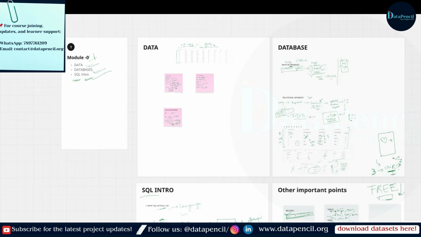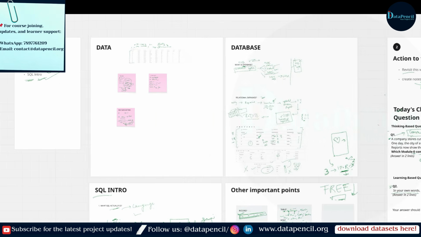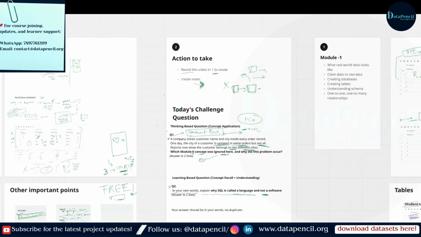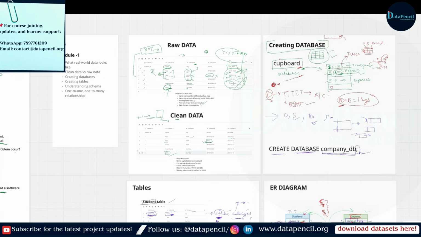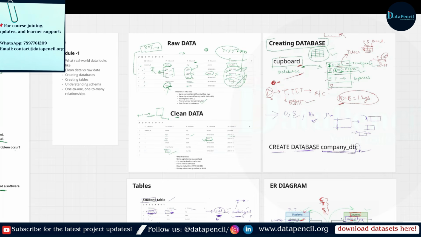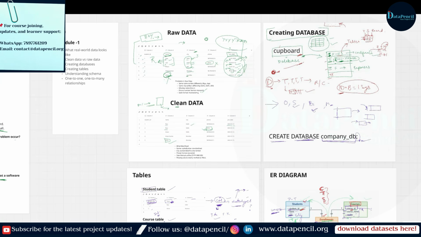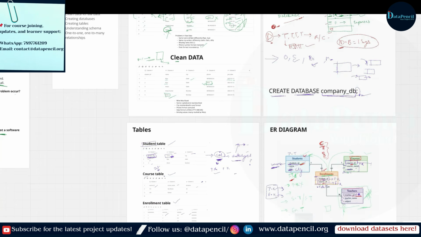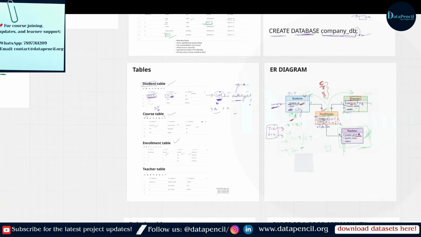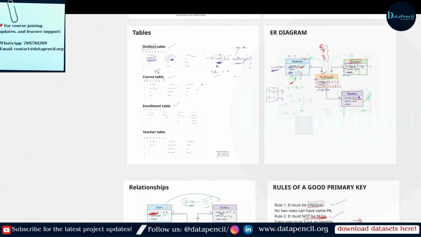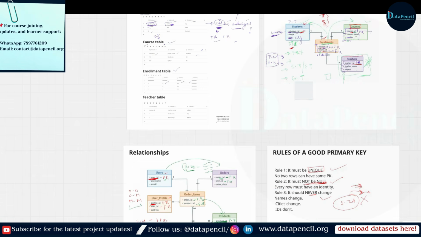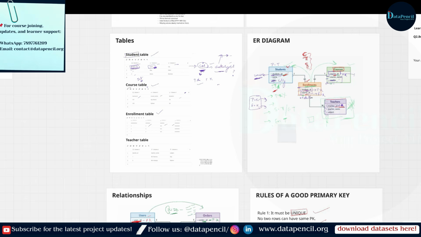So we have already covered module 0, where we have seen the basic information like what is data, what is database, the basic introduction of SQL. And then we have covered module 1, where we have discussed how clean data looks like and then how to create database. We have seen the concept of database, then the tables we have seen, and then we have discussed the primary key, ER diagram, and the relationships between different tables